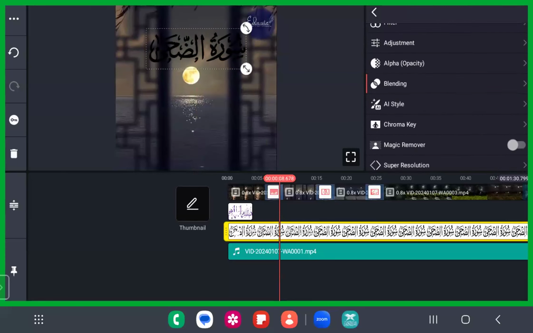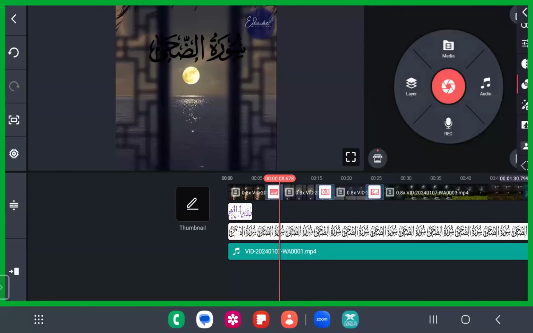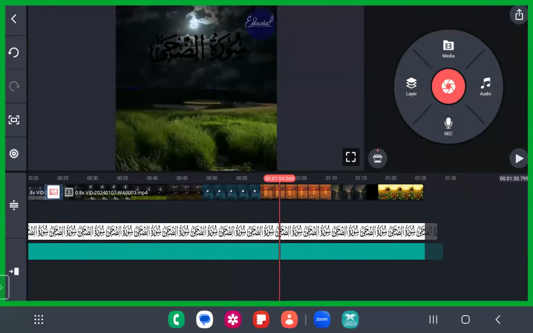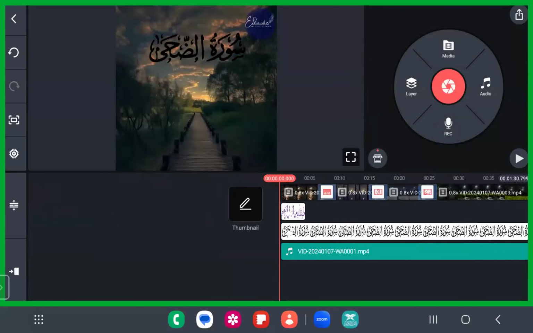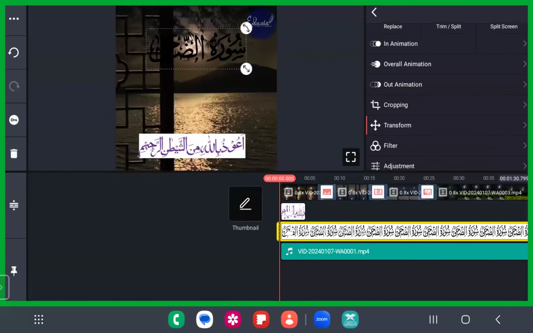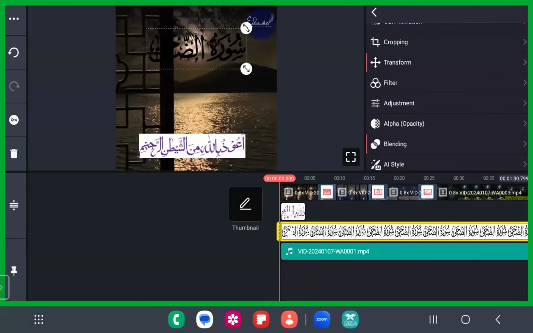Okay, now let's make it white, because all of the background is black, right? There is a dark background. I have chosen the dark background on purpose, because I wanted to make all of the text white. Okay, to make this text white, what do you have to do? You can just go to something. What is that called?